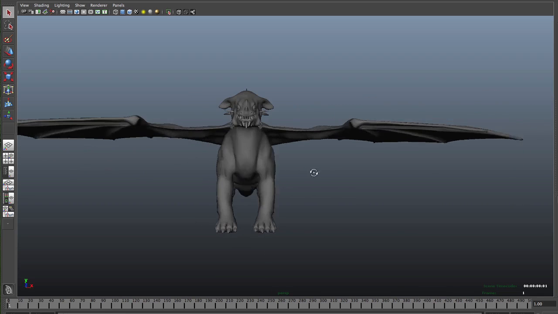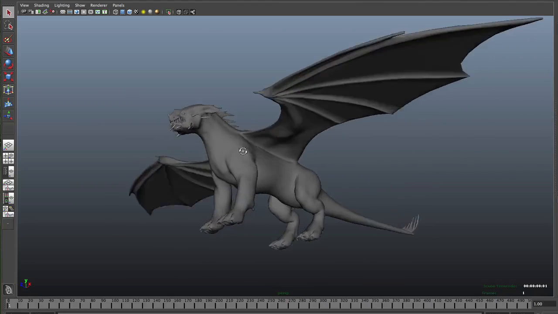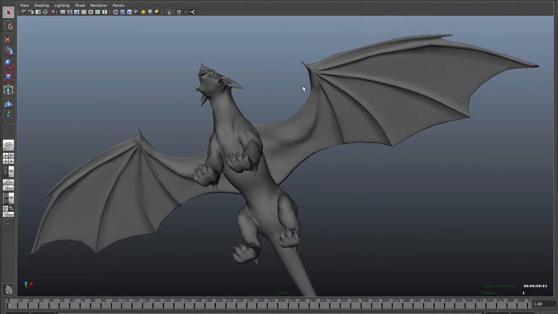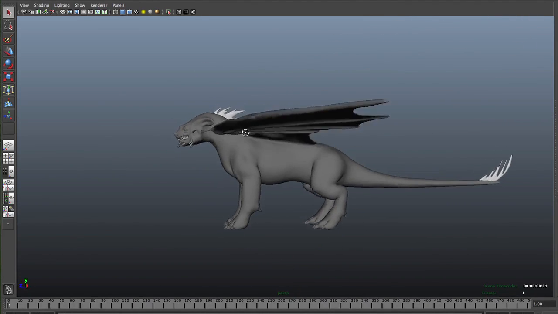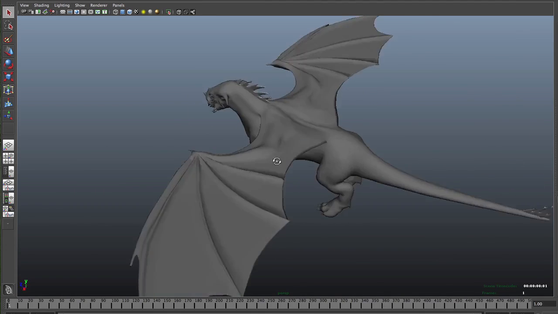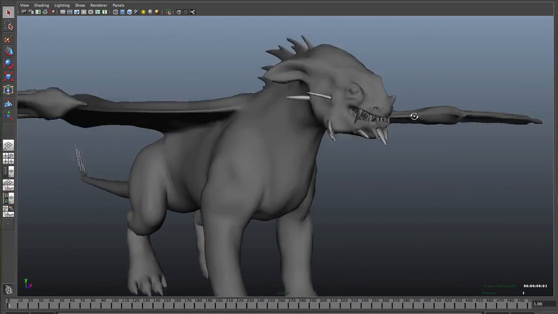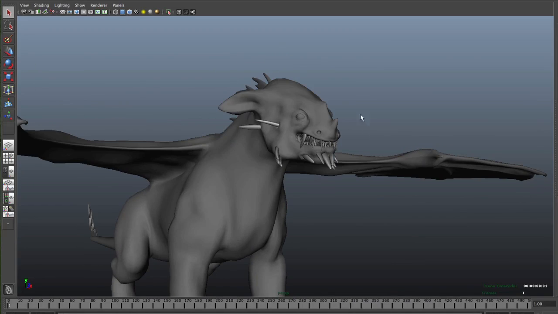Okay, so here's a look at our character we're going to be using. Again, very bat-like wings, very feline, cat-like body, nice long tail. The face, they're still developing the rig for this, so we're not going to be doing much on the face, but the overall body performance and mechanics and the realism and the way it moves is what we're going to